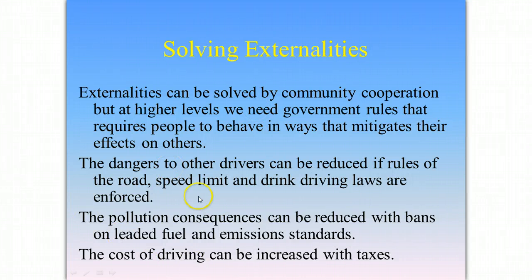With pollution, the consequence can be reduced with bans, say, on leaded fuels. So 10, 15 years ago, most cars would have run on what was called normal or standard petrol at the time, leaded petrol, which was emitting lead into the atmosphere, and lead to us is poisonous. But throughout the 1990s, there were moves to unleaded fuel. In fact, I imagine the only petrol you can get in Ireland now is unleaded. Most of the cars which ran on leaded fuel have been scrapped, and any of those which are still in existence will have been converted to run on unleaded fuel.